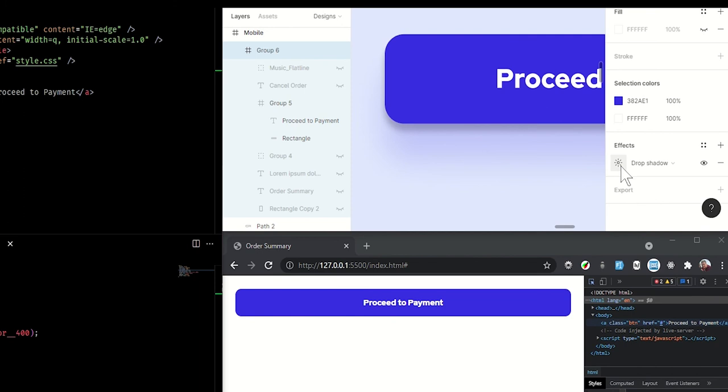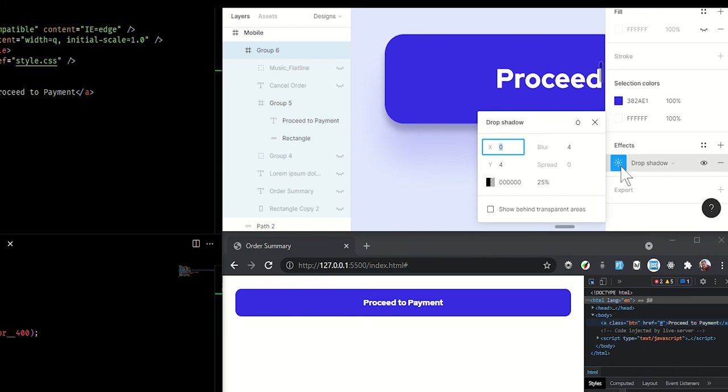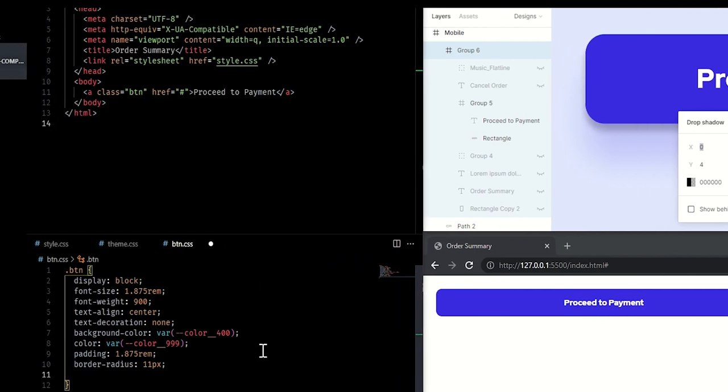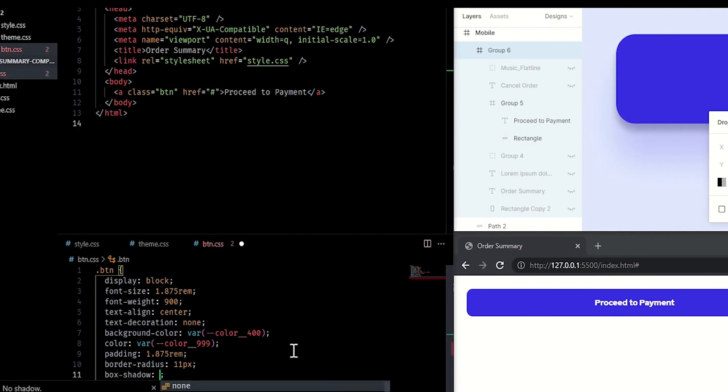The first, you can see under effects, drop shadow, and we've got the properties there, X, Y, blur, so it's 0, 4, 4, and then just a black at 25%. So let's go ahead and pop in some box shadow, 0 x, Y 4 pixels. In fact, let's make that rem while we're here, so 0.5 rem. Blur of 4, so 0.5 rem again. Spread of 0, so we don't need to put that property in,